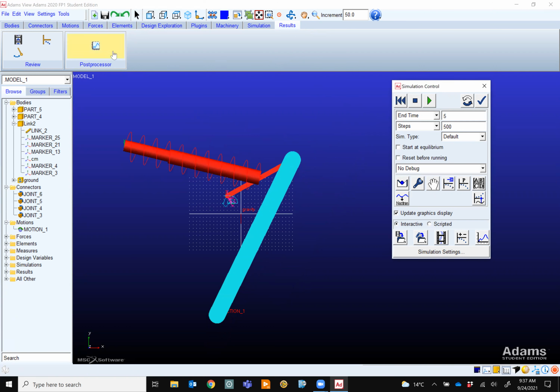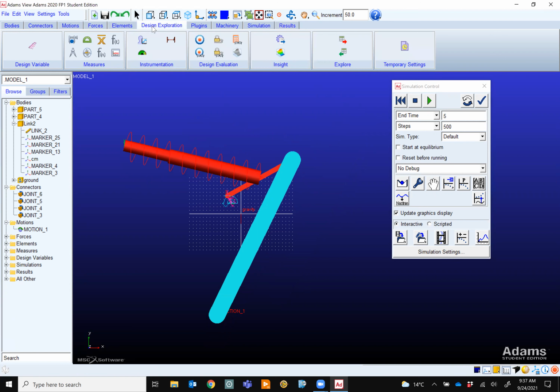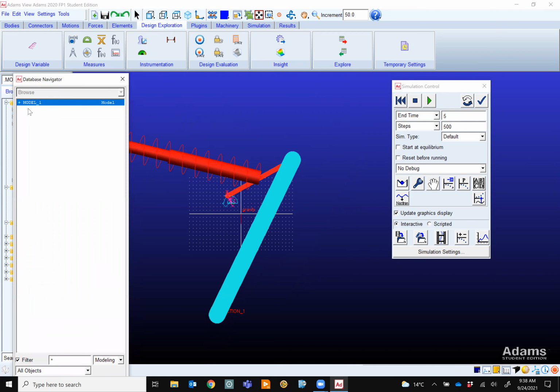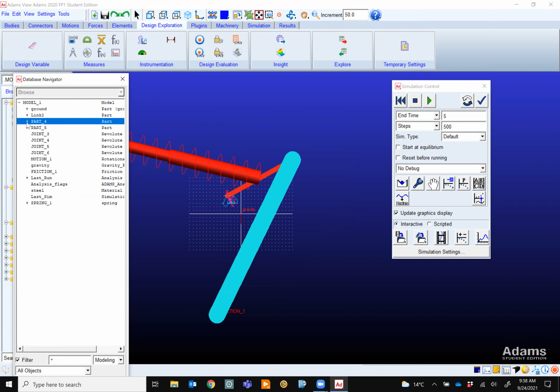This is how we will do that. We will go to design exploration. I'm just going to teach one of these things to you so you can explore the rest yourselves. In design exploration, if I click on this caliper, it says create a measure. I click on that, this new window pops up, and click on this plus sign, because the name of our file was model1, I didn't change it. It tells me all the things I can measure. Let's say I'm interested in part 4, and then I open part 4.